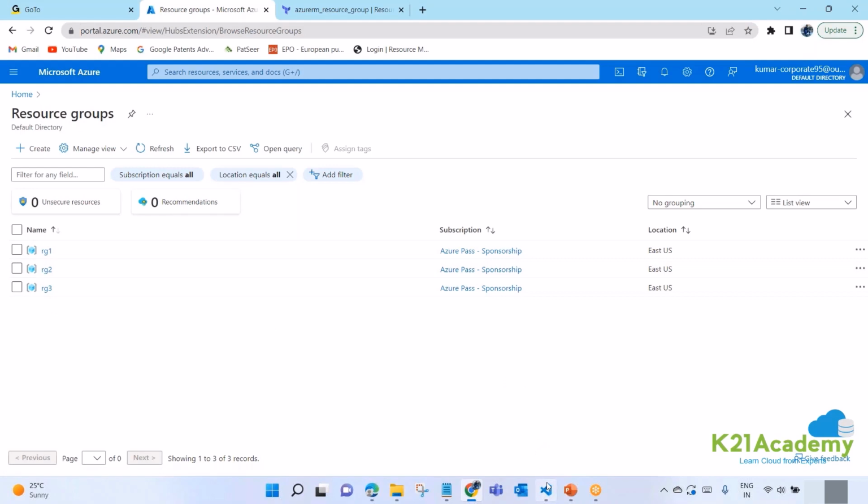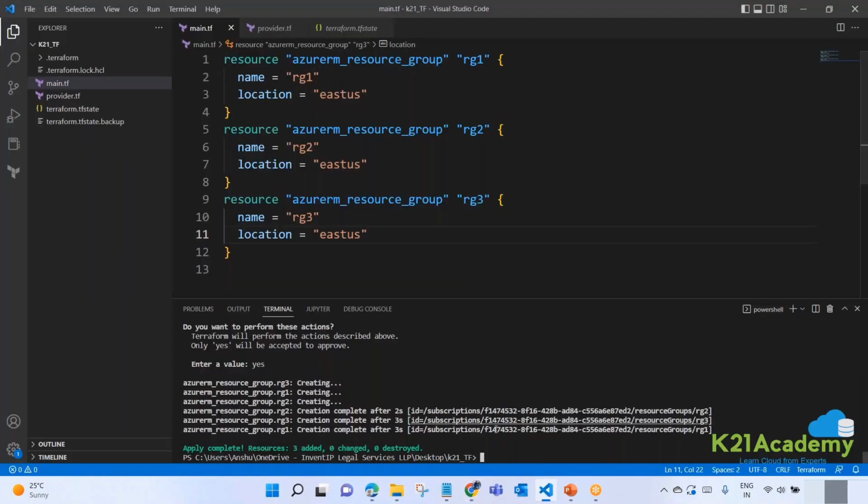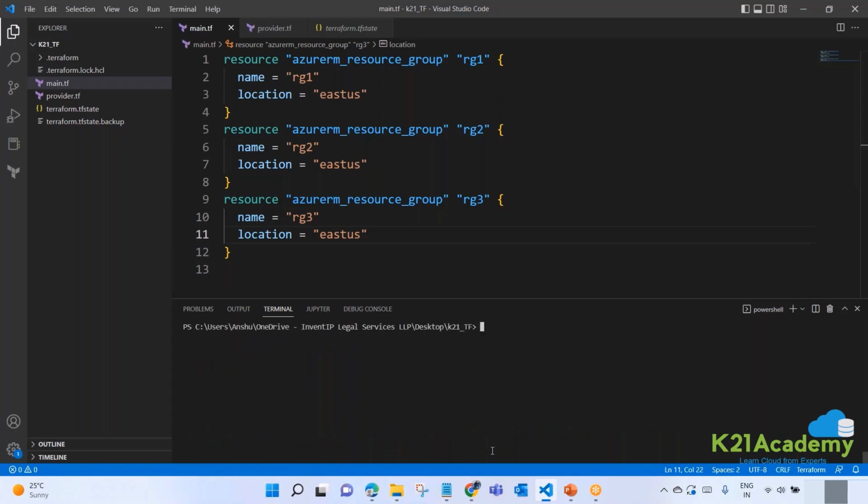Now you are saying, Akhil, I only want to delete the third RG, not all of them. So if I run terraform destroy, it will delete everything. I don't want to delete everything, right? So what you will do, you will say terraform destroy